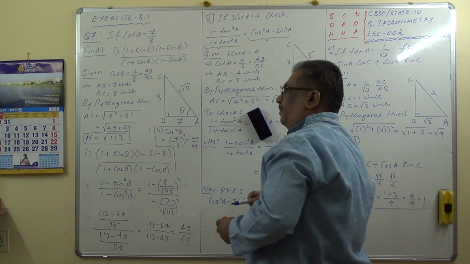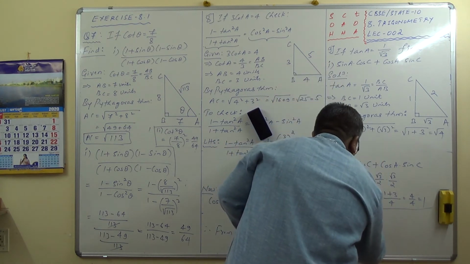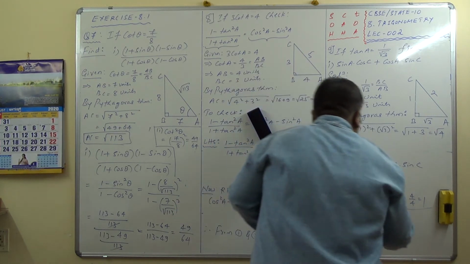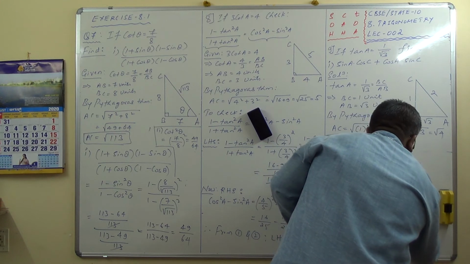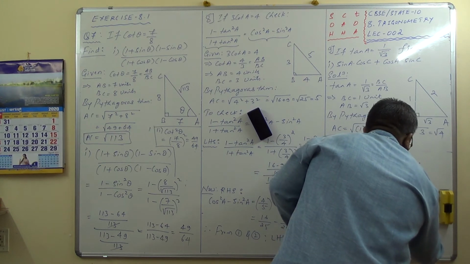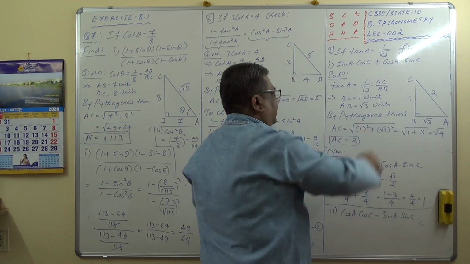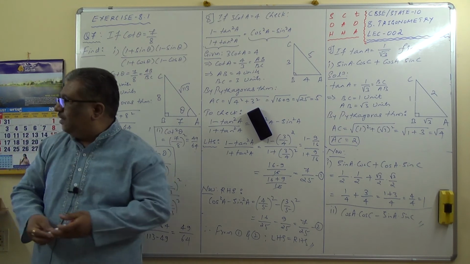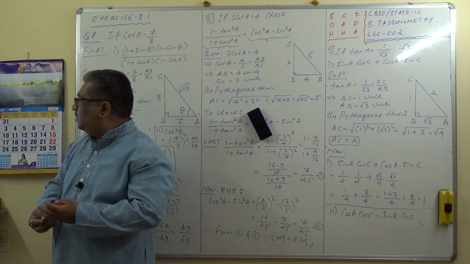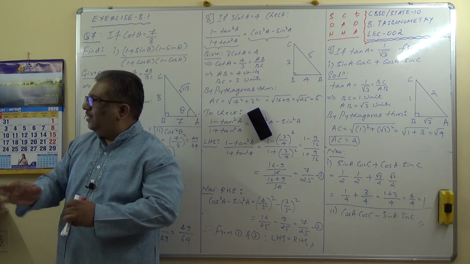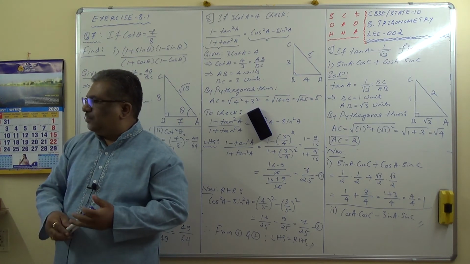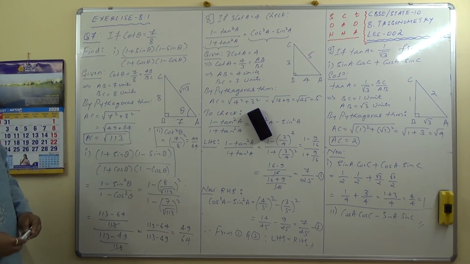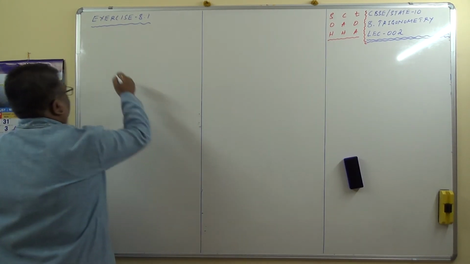Second one, cos A into cos C minus sin A into sin C. You work out this one using the same diagram. So 9th question is done. Then 10th question is important, a little bit tricky. We'll solve this. So let me clear the board first. Make a note of question number 9 now. Question number 10.